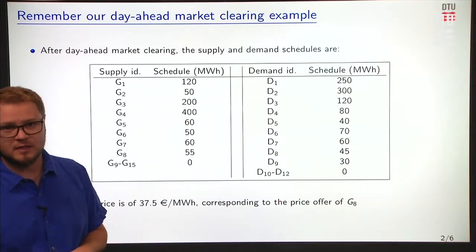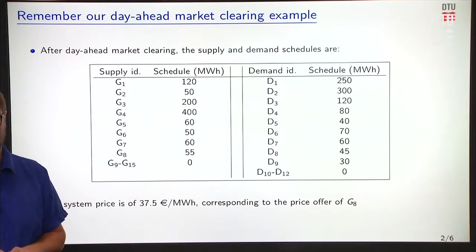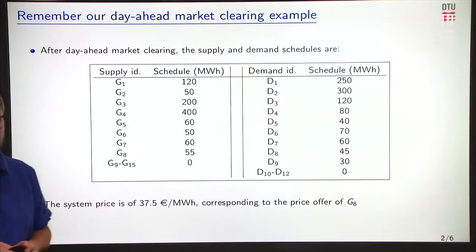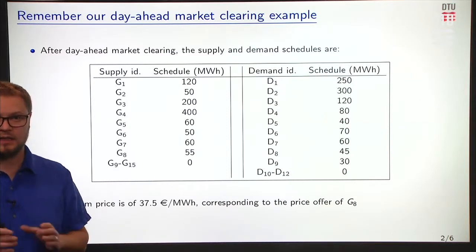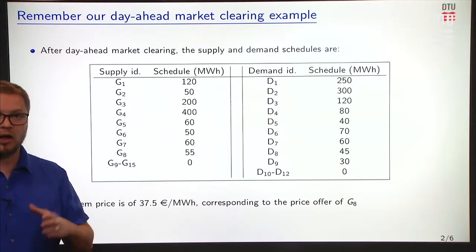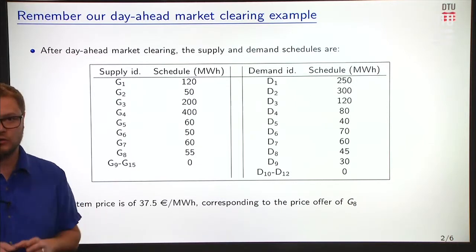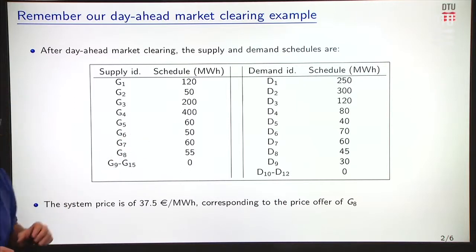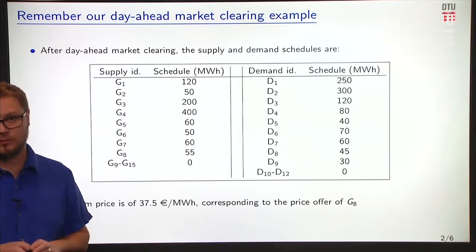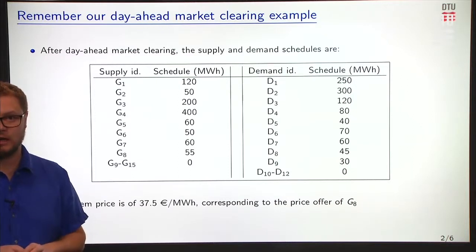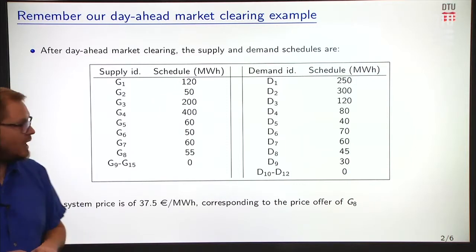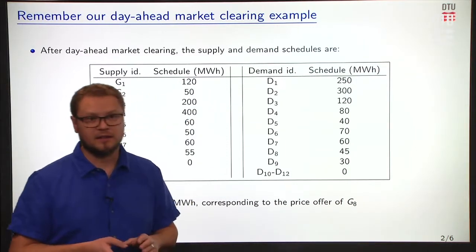First of all, let's set the scene and refresh our memory with the day-ahead market clearing example that we got out of the previous module. Remember that after the day-ahead market clearing, what we get is a schedule for supply and demand, so out of all the original offers, the various agents in the market will know how much they are scheduled for supply and for consumption. Here are the list, for example, of our supply and consumption offers and the related schedule after the market clearing, from G1 to G8 that are scheduled on the supply side,